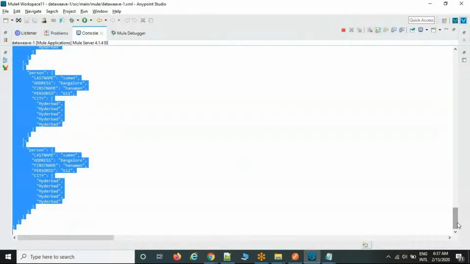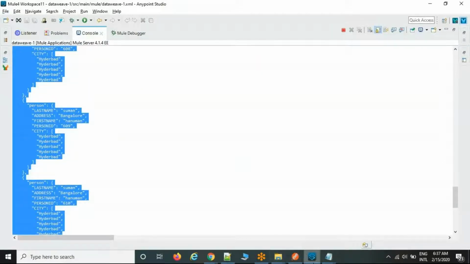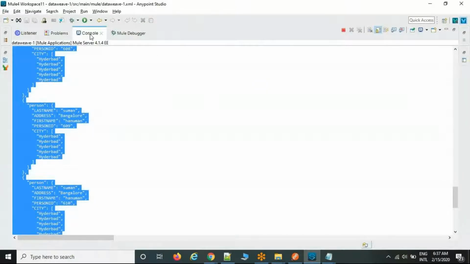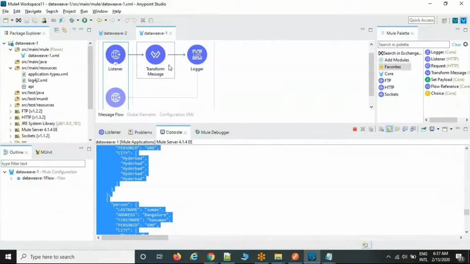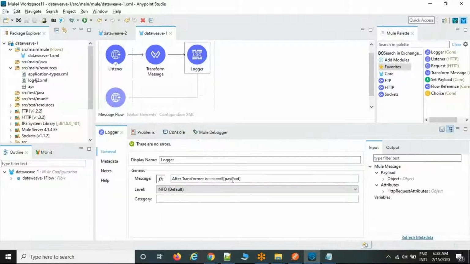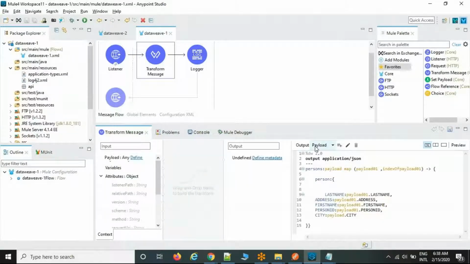By default, the Transform Message output will be stored under payload. If I want to reuse the Transform Message data in any other palette, like the main flow, or a subflow or private flow, then the Mule expression language syntax is hash payload, because payload is the output.